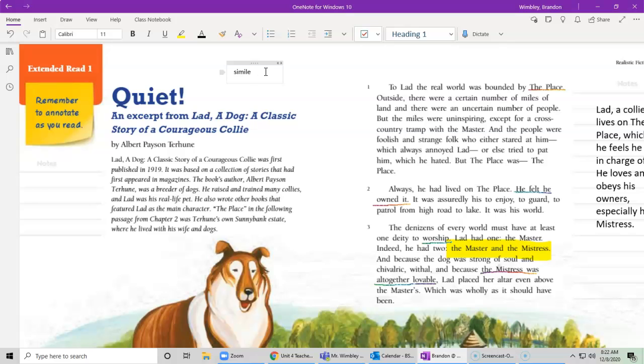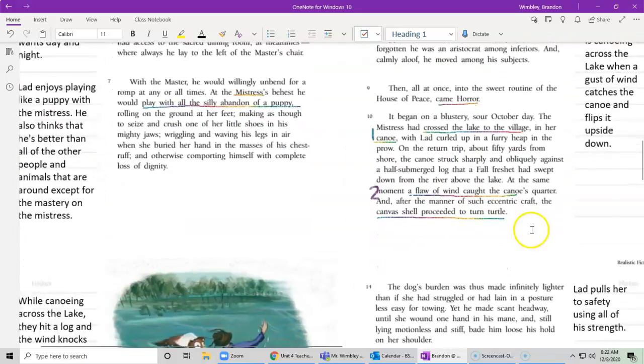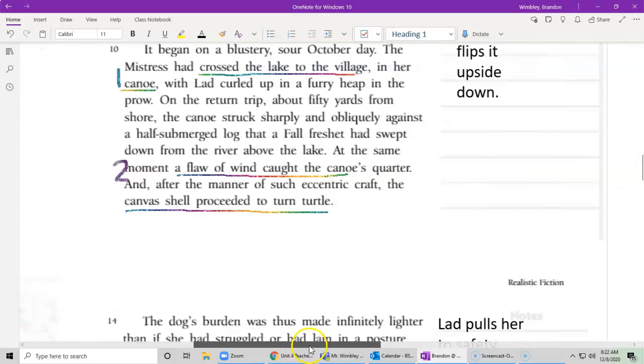In this one, we're going to learn one called a metaphor. And we're going to see how we compare things without using the word like or as. So we're going to head on down to paragraph 10. That's where we're going to start our focus on. So let me zoom on in.